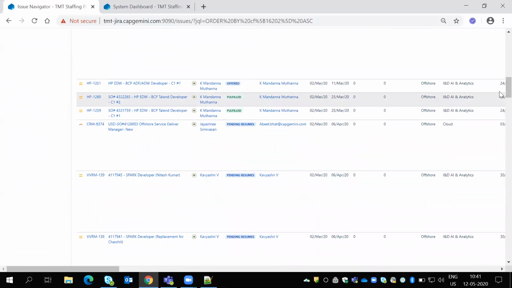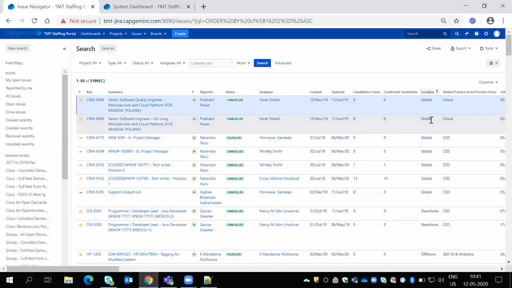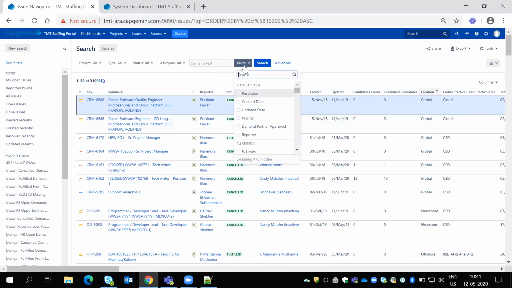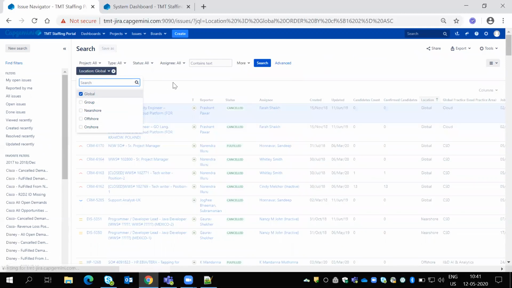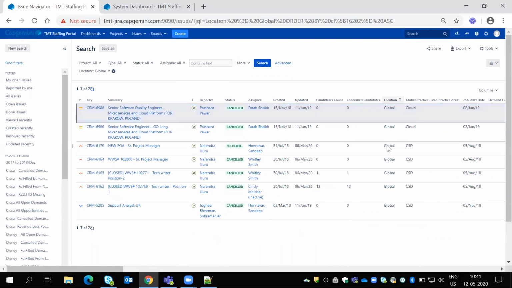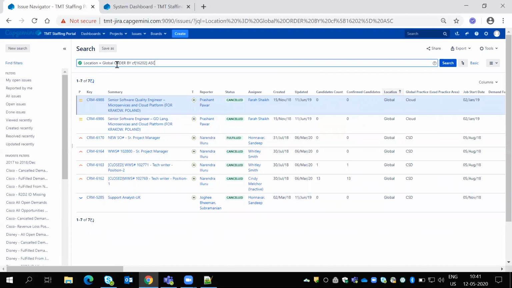I want to capture only global. We'll see how we'll capture that. You can click on here and just select the location field. So when you click on location, this drop down will come automatically. When you select global, I have 7 tickets only for global. If you click on this one, location is equal to global.